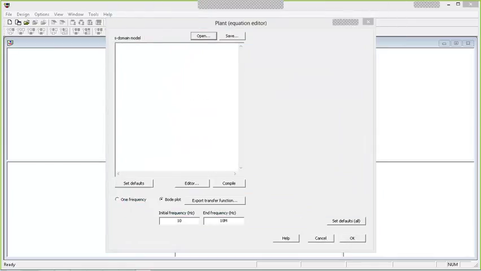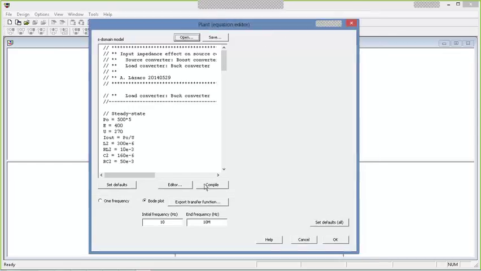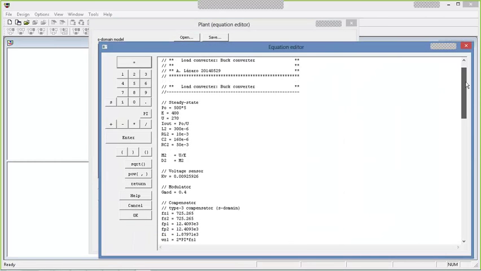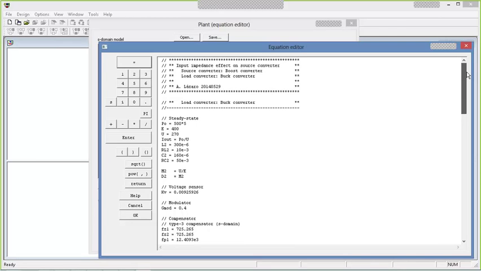So in this case, let's open a more complex file here. Here we go. Open. So this is a cascode,